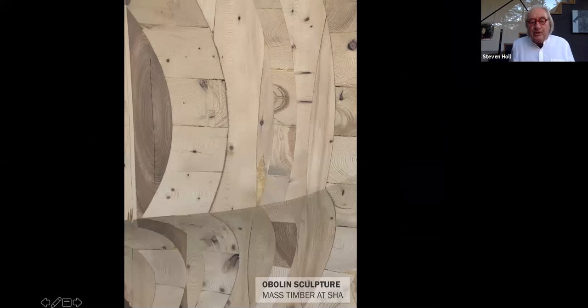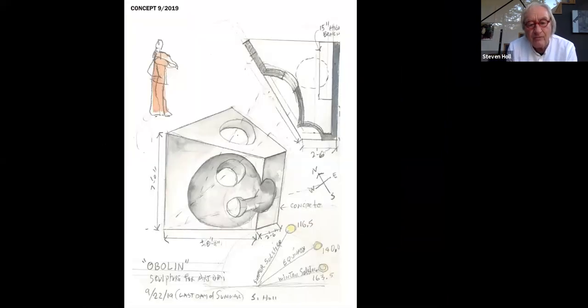This is a sculpture which has been installed at Art Omai, and it's an experiment in CLT construction, a new kind of material. We're always doing this in our studio, trying to think about how the buildings are built and what they're made out of. I'd never really built anything in CLT. Everybody's saying how great it is. And so I took this experiment